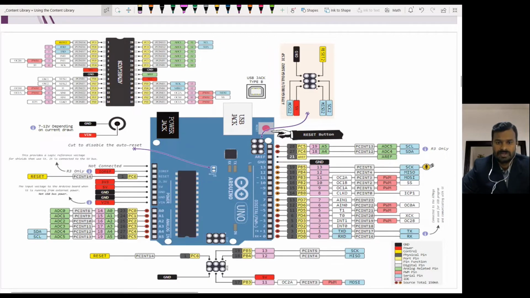If you see this picture, it is very clearly given what pins and features are available. One by one we are going to see them. Here there is a USB jack where the USB cable connects the Arduino and the computer, and there is a power jack.